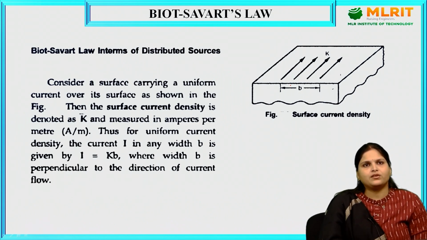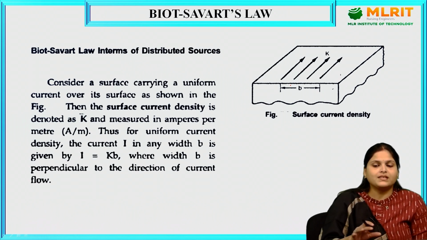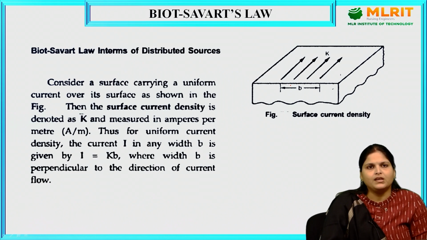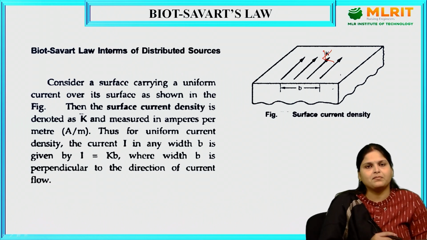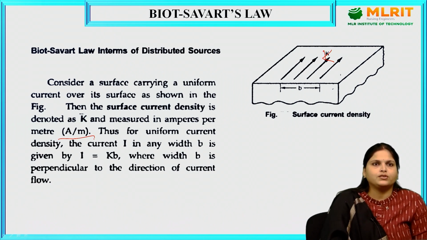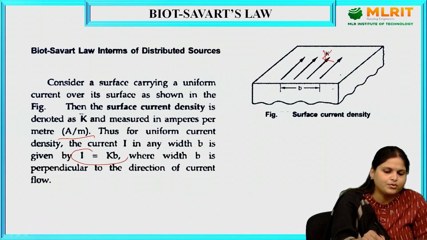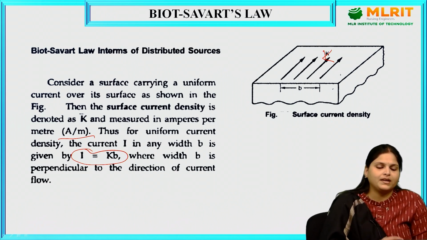Now, we can see BIOT-SAVART'S law in terms of distributed sources. Here we can see one diagram which shows surface current density. We are considering a surface which is carrying a uniform current over its surface. The surface current density is denoted by K, and it is measured in ampere per meter. For uniform current density, the current I in any width b can be written as I is equal to Kb,